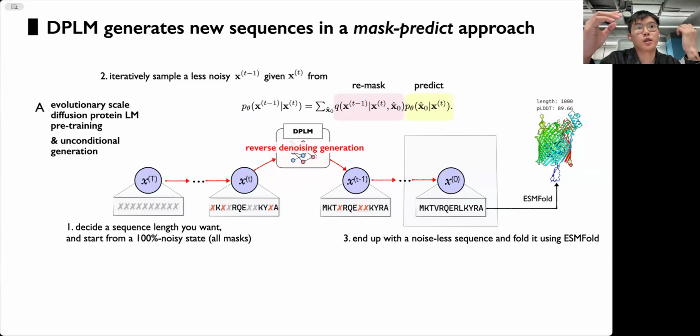When generating, you first need to design the sequence length you want, for example 100 or 200 or whatever number you want, and you start from a 100% noisy state of this sequence, filled with all masks up to this length. Then you iteratively sample a less noisy state given the previous state from this distribution,